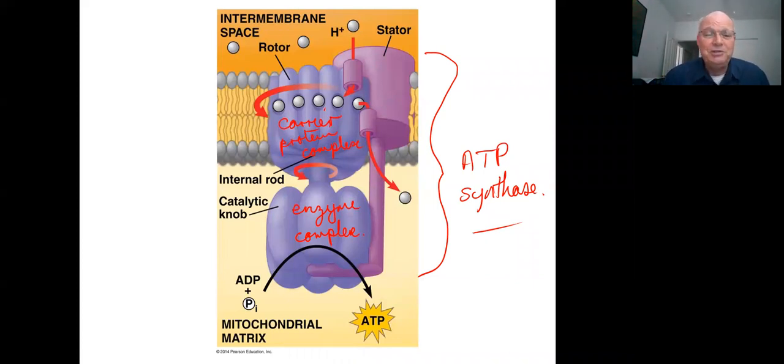And some of that energy is then utilized to transfer hydrogen ions from the matrix to the intermembrane space that creates the hydrogen ion gradient that provides the flow of energy to drive the little machine called an ATP synthase